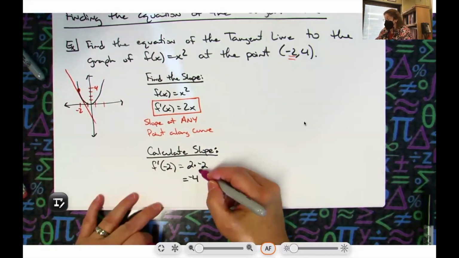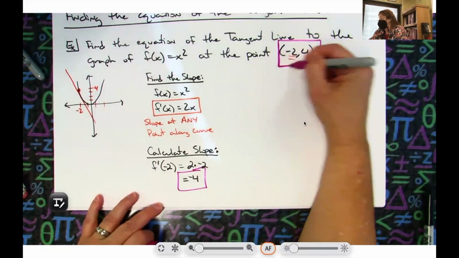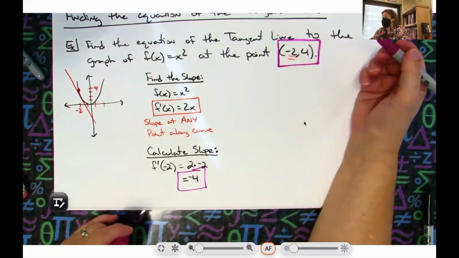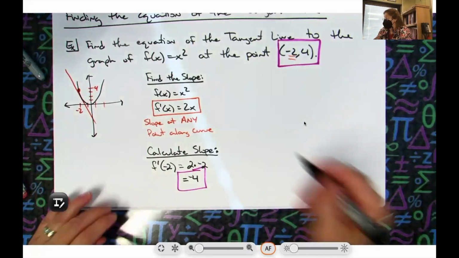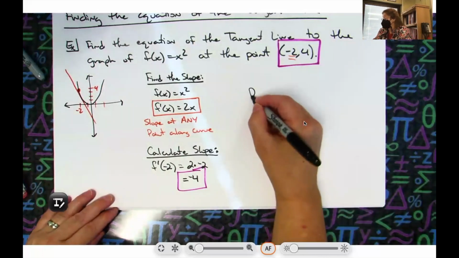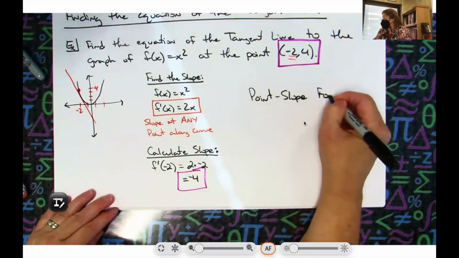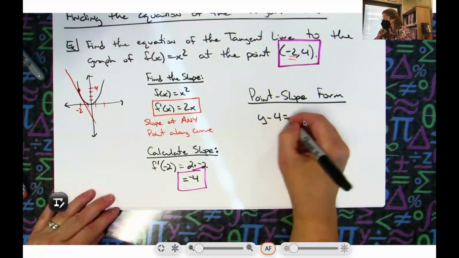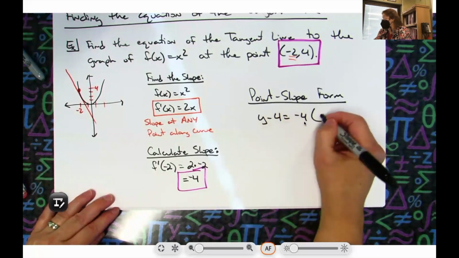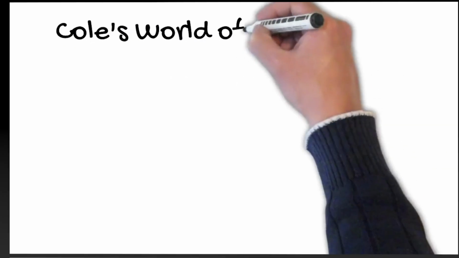So I now have a slope. I have a point. And what I kept telling you last year was going to be your best friend, point slope form. So write your equation now, in point slope form. There is no reason to change to a different form, because it didn't tell me to. So what do we have here? y minus 4, don't let me screw up, equals negative 4 times x plus 2. Now, if the